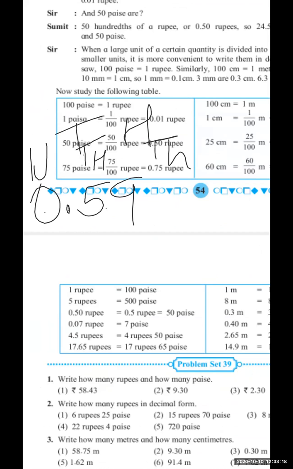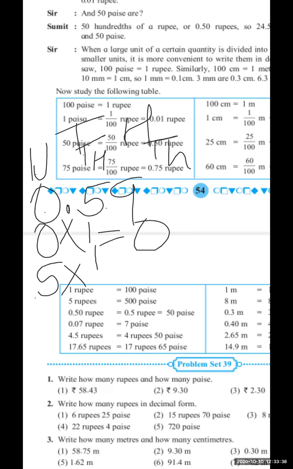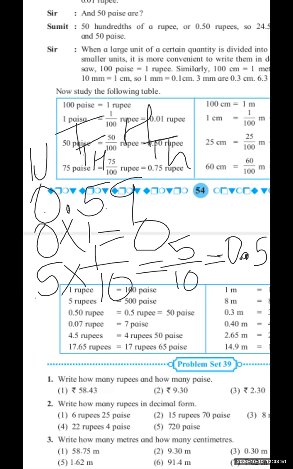Now, unit place value of this 0 on the unit place. So what will come? 0 into 1. So place value of this 0 is 0. What will the place value of 0 be? 0 only, correct? Now 10th place value of this 5. So what is the value of the 5 on the 10th place? 5 into 1 upon 10. So 5 upon 10. So place value of this 5 is 0.5. Correct? Why 0.5? Because in the denominator 10 has one 0. So 0.5.